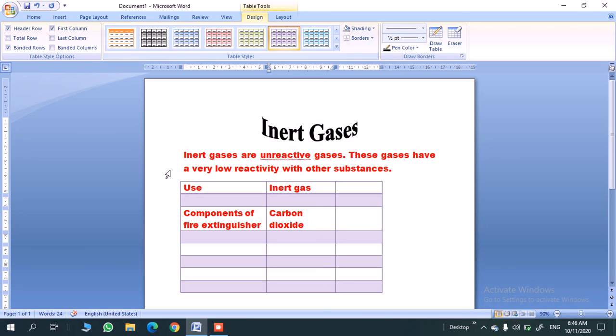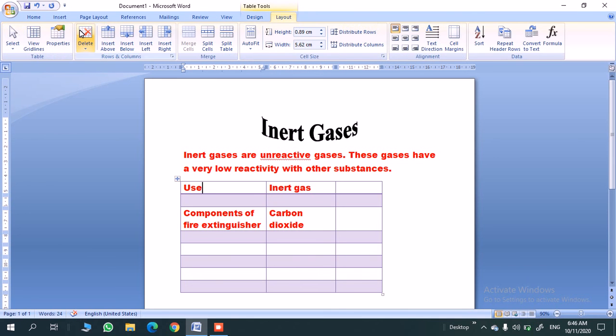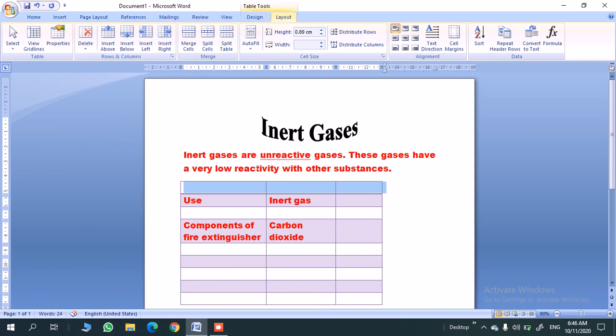You can add and merge cells for the titles or anywhere in the table wherever required. The merge cells option is available here in the merge group.